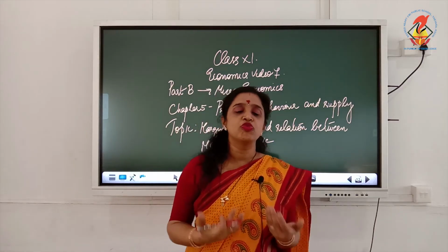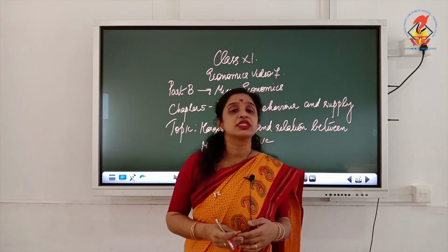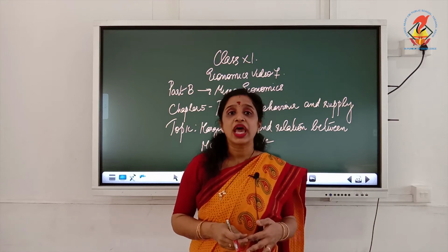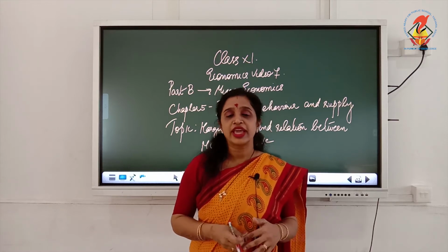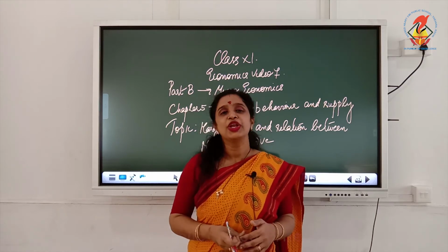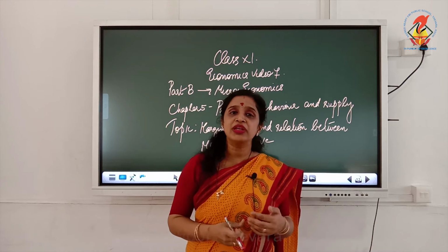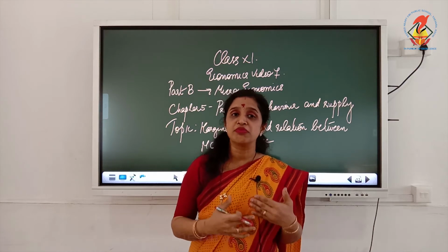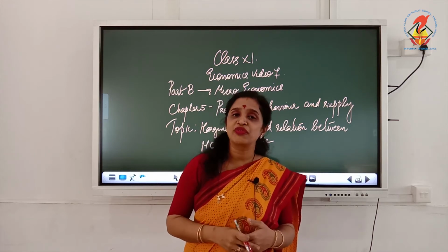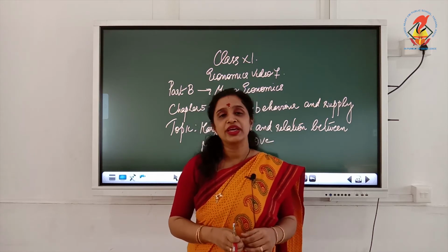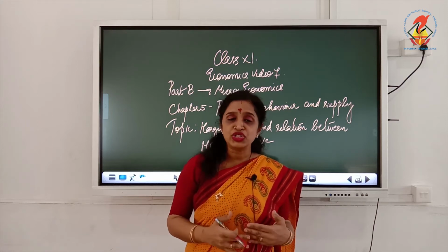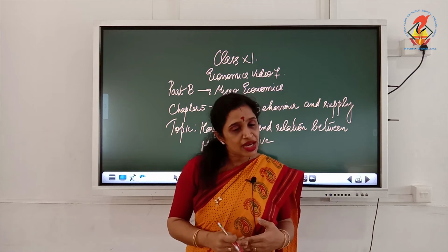Dear children, we will move on to the next category of cost, that is marginal cost. So far we have completed the total cost, average cost, and the next category of cost that we are going to learn is marginal cost. In this video you will be learning about the relationship between the marginal cost and the average cost, as well as the average variable cost. And we will be beginning with the concept of revenue, that is average revenue, marginal revenue and total revenue.